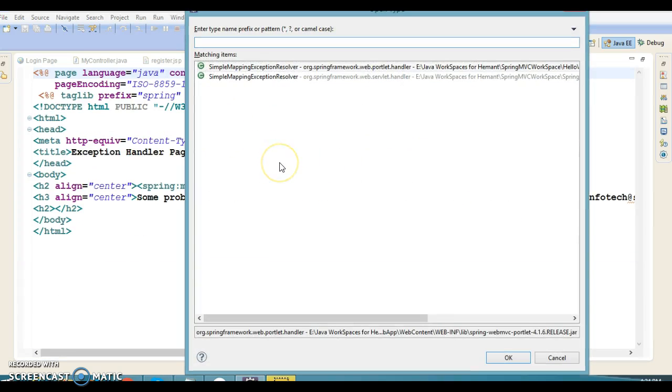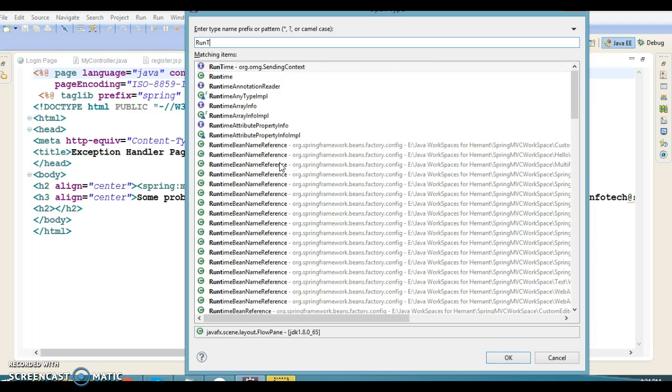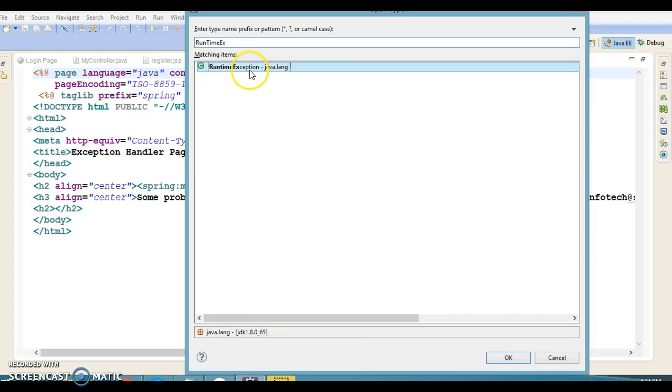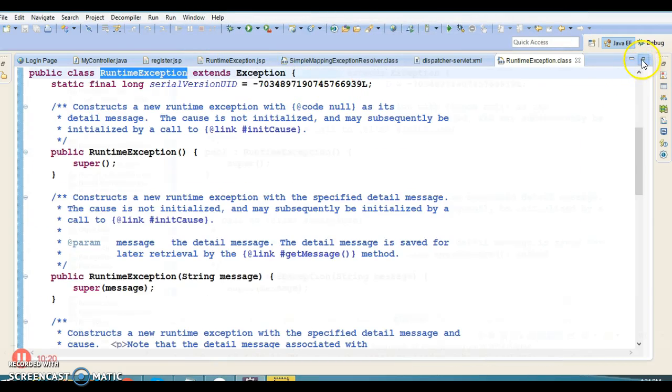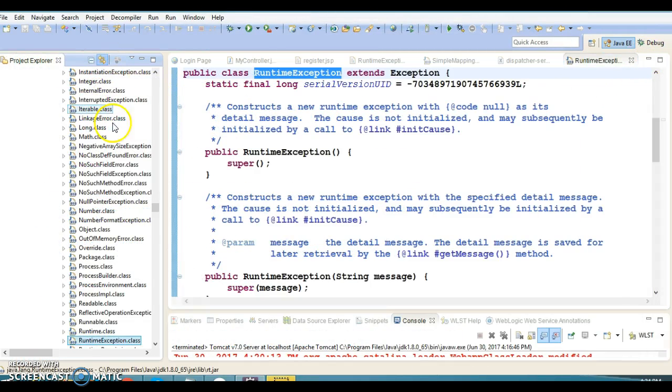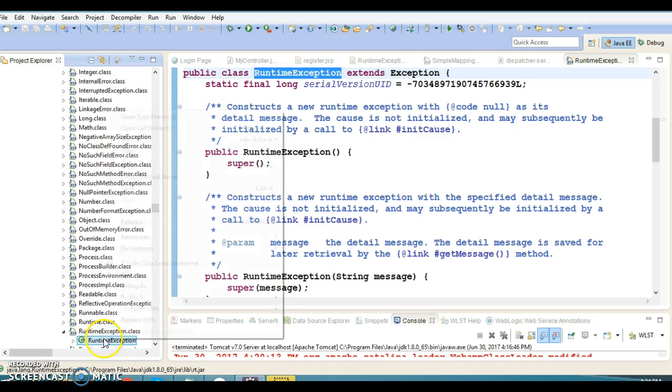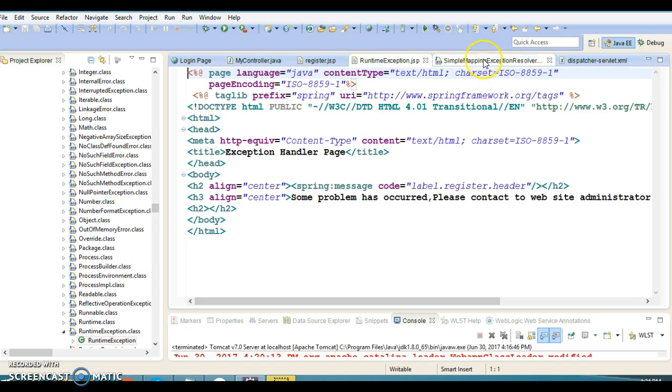So Control Shift T, and if you type runtime exception, this belongs to the java.lang package. So here I'm going to copy the qualified package of this exception class, and that I'm going to specify over here as the key,